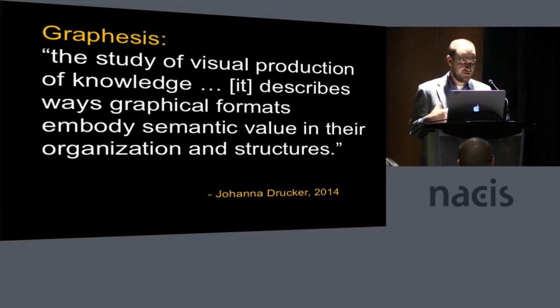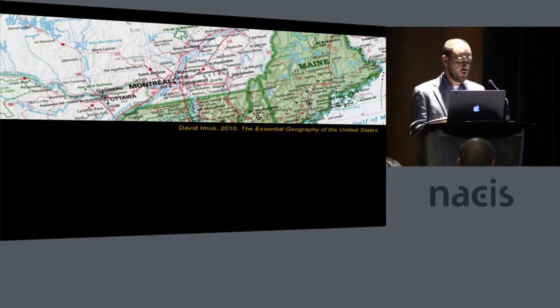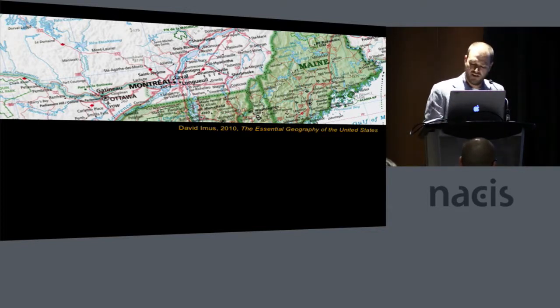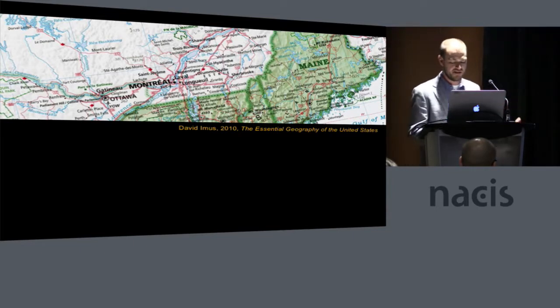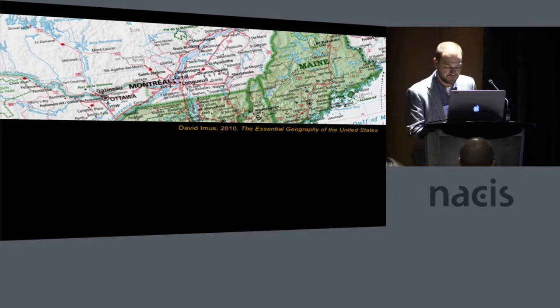So this evocatively suggests to me that meaning is communicated not only through specific design elements, like the typeface and line weights, for example, here, expertly achieved by David Imus, but also, she's saying, through a more basic, more hidden set of assumptions about visual communication. So Drucker is saying that yes, line weight and typeface are capable of communicating in the first place because they're part of this underlying structure of visual communication.